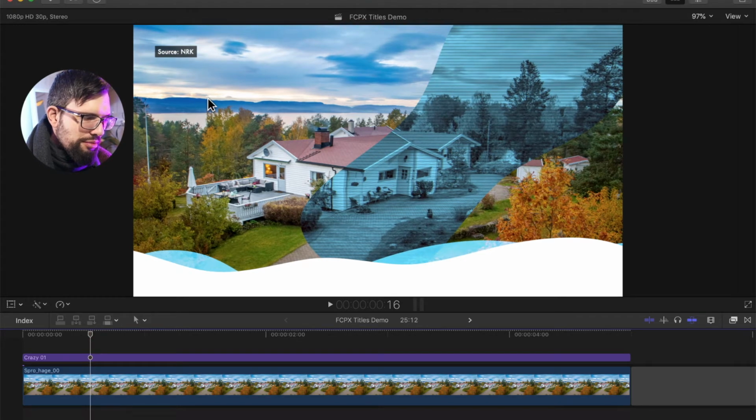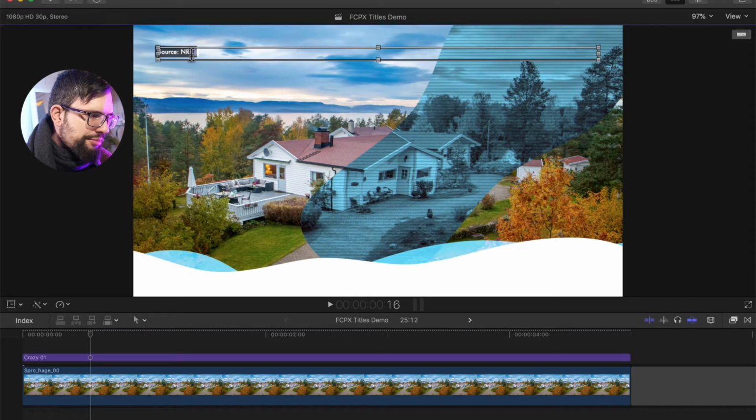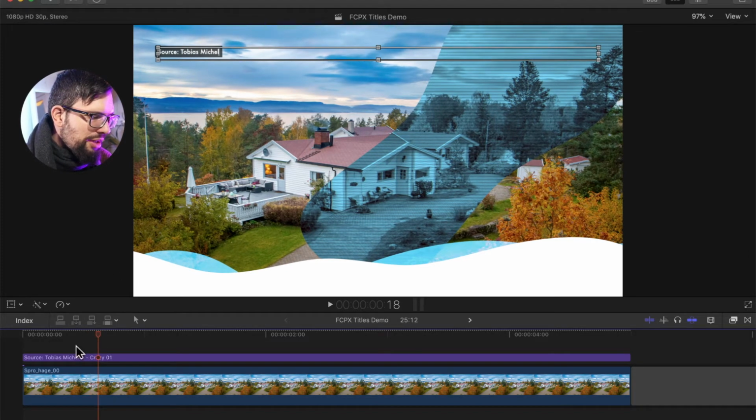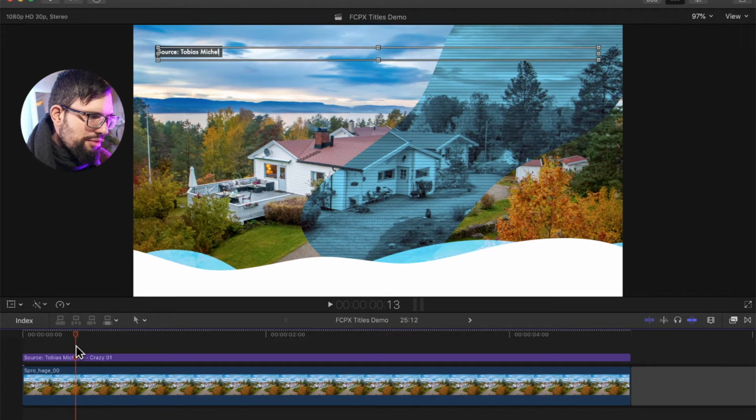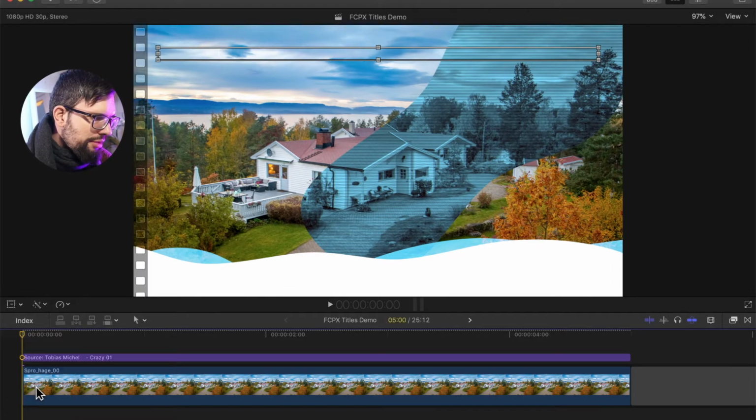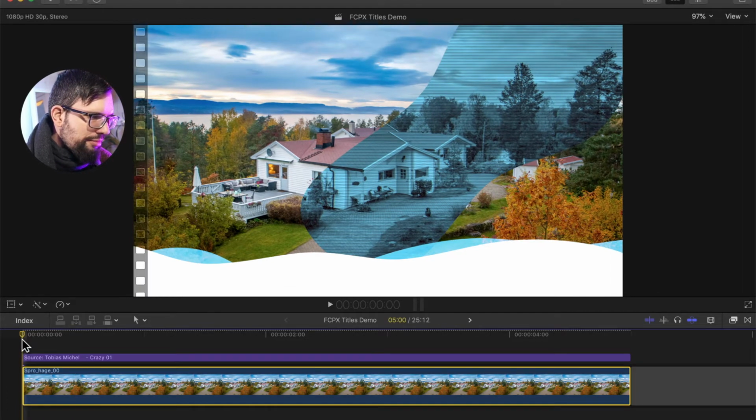source bug, which of course is not true, so I would just click on it and edit it. For example, this is a photo I have taken, so let's write my name there. And you see, without me having to open anything except for double-clicking on the title or on the text up here, I have now suddenly changed it and made the box bigger. And I still have the animation. So if I just play it again,